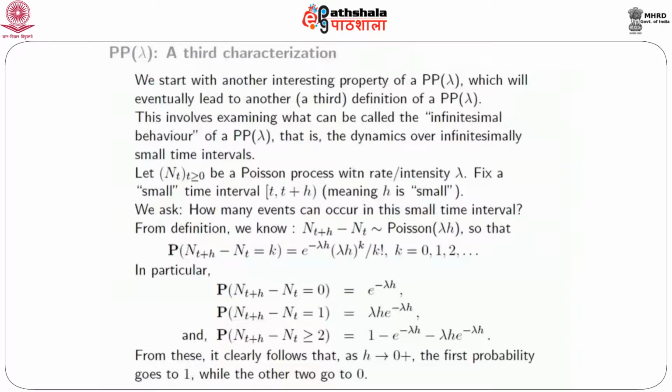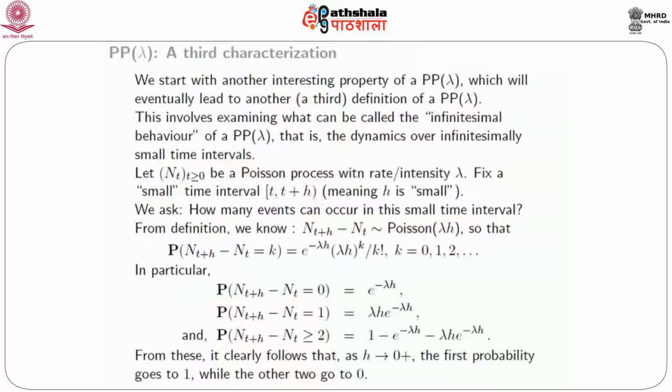So theoretically there is a positive probability of there being any number of arrivals in this short time interval. But the important thing is that these probabilities are going to be very, very small for k bigger than or equal to 2. So let's see. In particular, if I look at the probability of there being no events in this interval, that is the probability that N(t+h) minus N(t) is 0, that probability is e to the minus lambda h. The probability of there being exactly one arrival is lambda h into e to the minus lambda h.